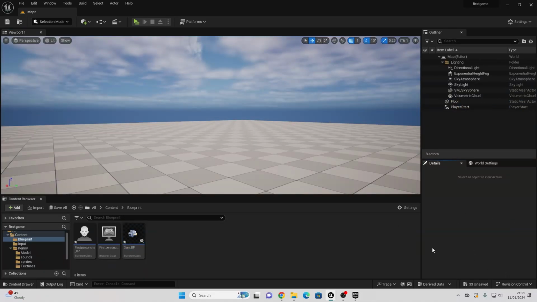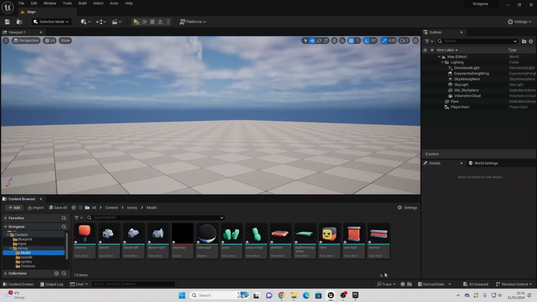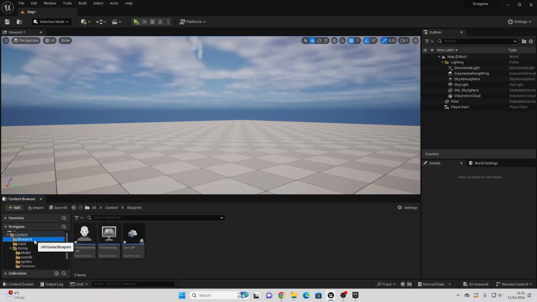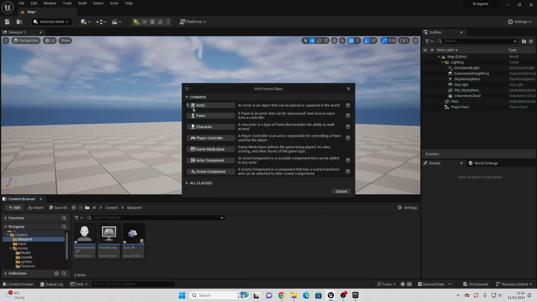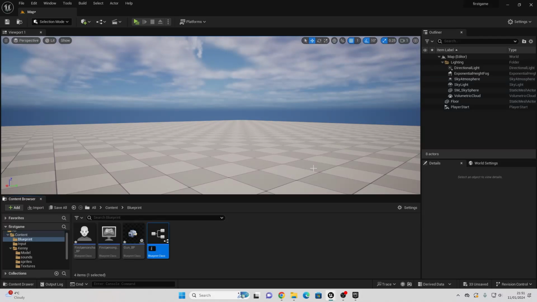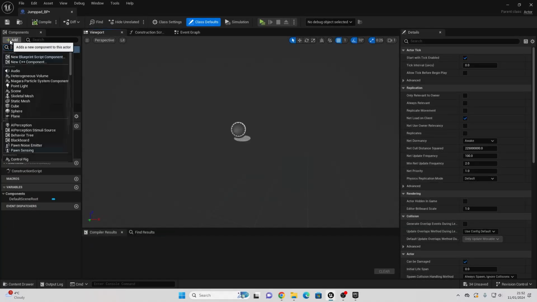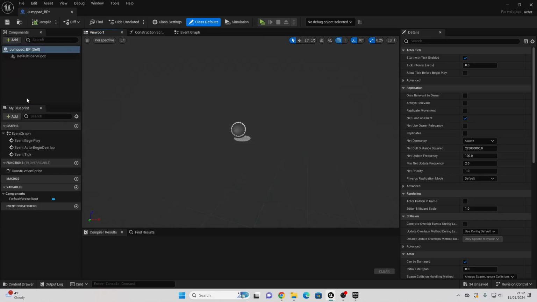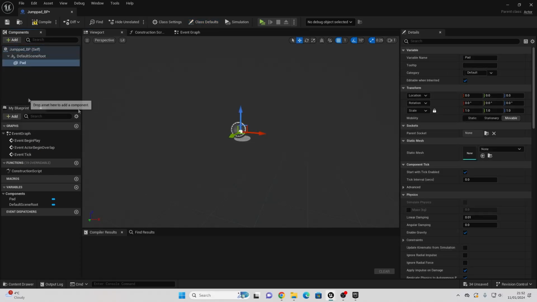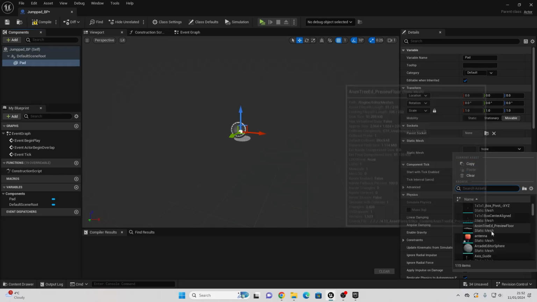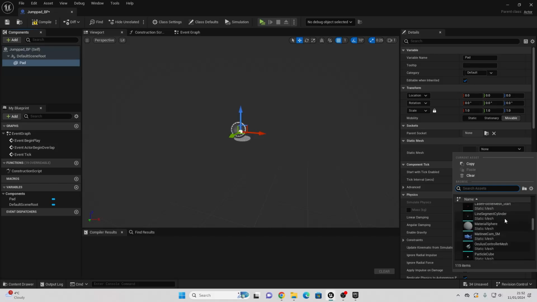The next thing we're going to make is a jump pad which the player can jump on. So in the models folder, there is this platform. We're going to turn this into a jump pad which the player can jump on. So if we just go to our blueprint folder, right click and go blueprint class, select an actor, and just call this the jump pad blueprint. Open this up, and if we just go to add and look for a static mesh, which I'll call my pad, and in the static mesh, if we just look for the platform,